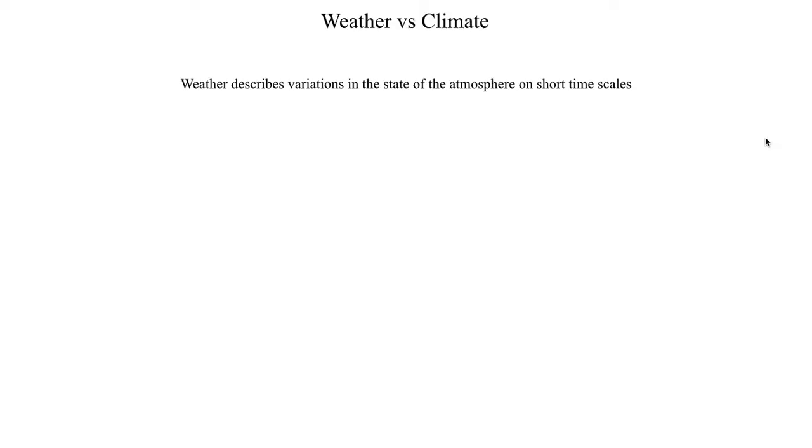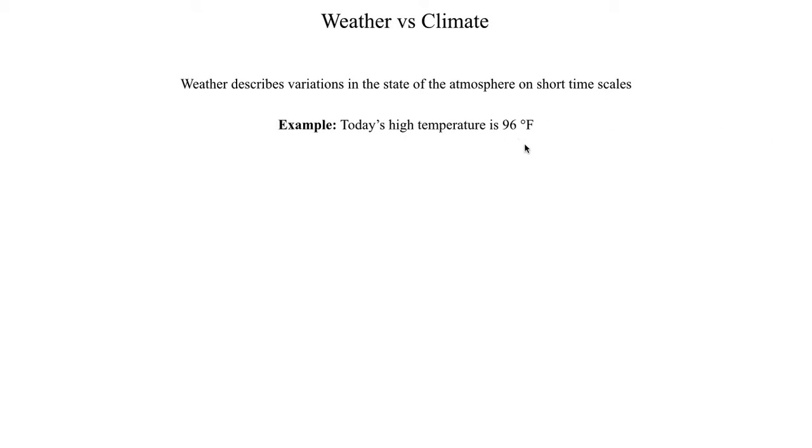First off, the whole idea behind weather is that it's describing a short-term variation in some physical parameter or some measured quantity. So we're usually talking about a timescale on the order of a day-to-day variation, or an hour-to-hour, or even to some degree a minute-to-minute variation. That can also be described as something related to weather. You could also potentially extend this out to a week-to-week variation, but usually we're talking about some sort of day-to-day variation in some measured value or some physical parameter.